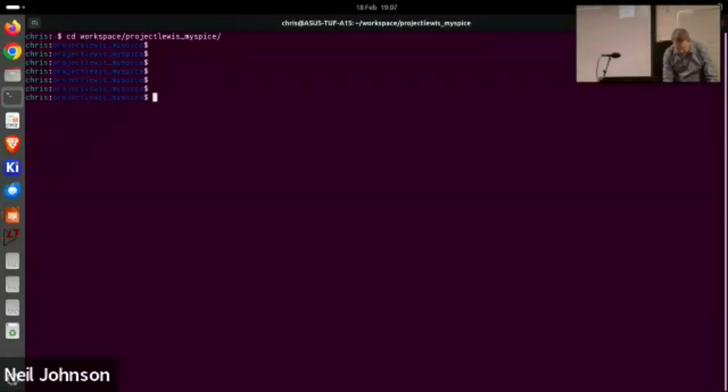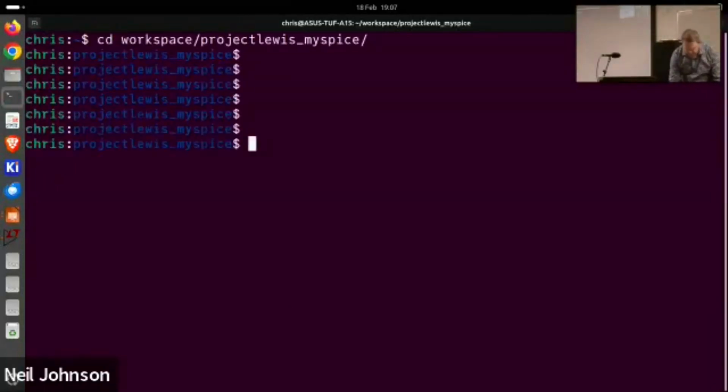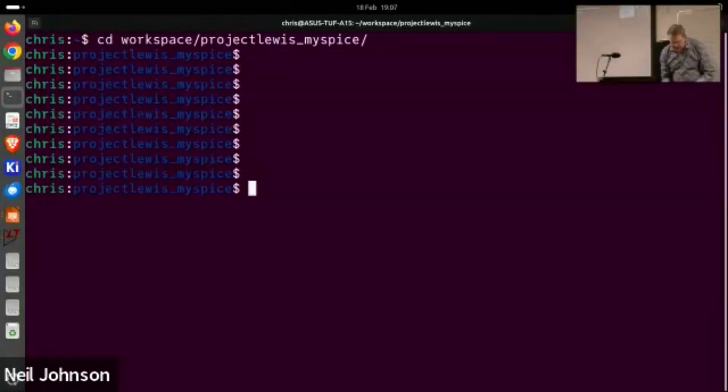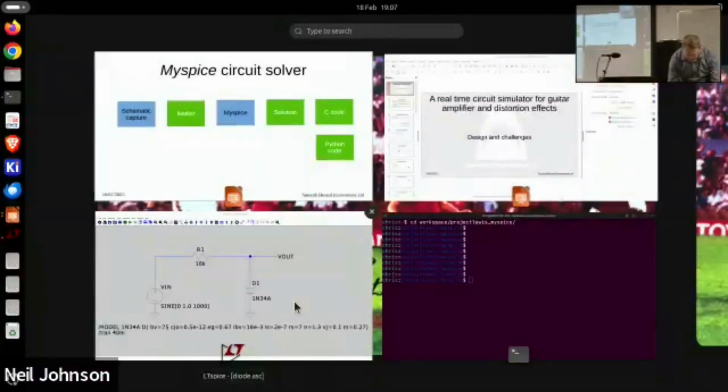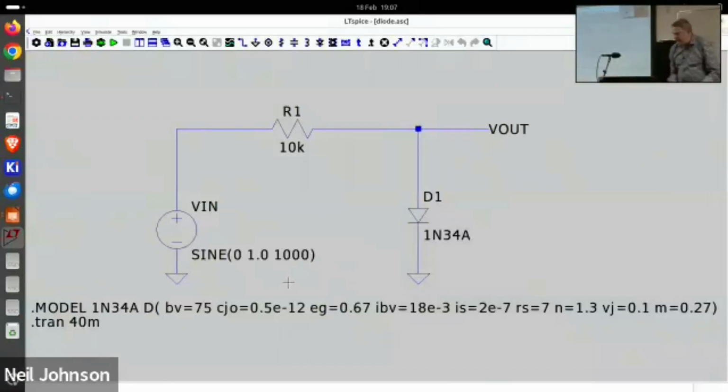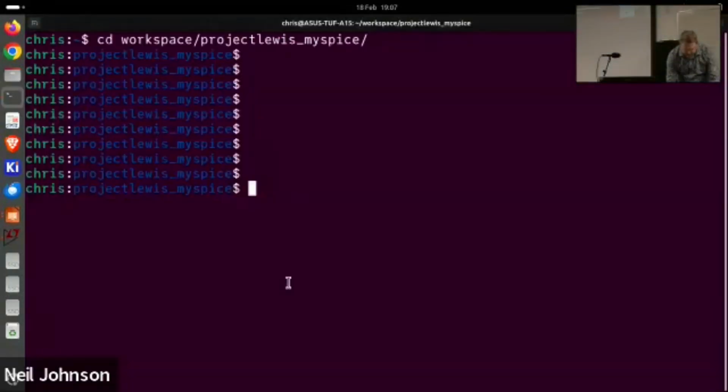Hopefully, let's make that a little bit bigger. Might be easier. And also I want to open up LTSpice, where I've entered my first circuit. I've entered the circuit with my 10K resistor and my diode, and there's a diode model of a germanium diode, the 1N34A. That then gives us the netlist, which I can look at by saying,